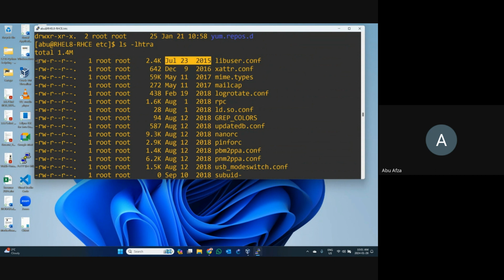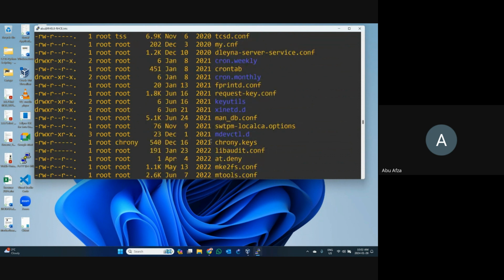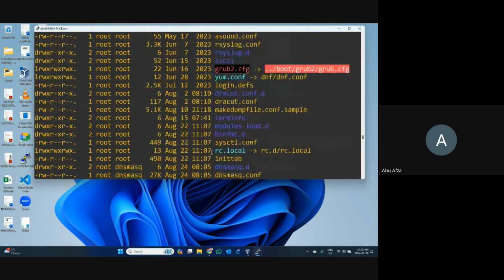And you can see that one starts with r, r means this is a file. So these are the configuration files. We cannot create new ones. All these things come from the previous installation or from their file. So for all these files, we did not do anything. After that, we start from here. So we can see that one is date and time. Oh no, August. We are not doing that.